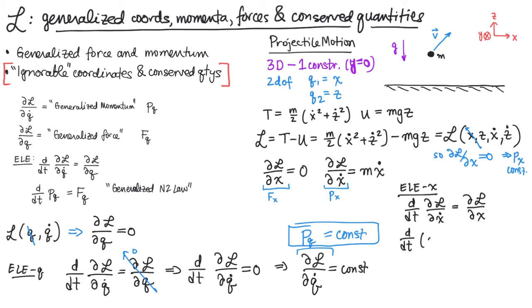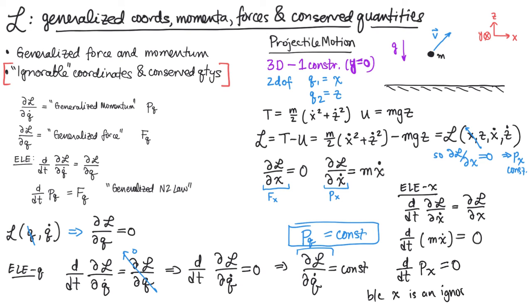We put in the values that we have for this problem. We find d/dt of m x dot is 0. That's saying the time derivative of mv is 0. In other words, the time derivative of the momentum in the x direction is 0. And we knew that because x is an